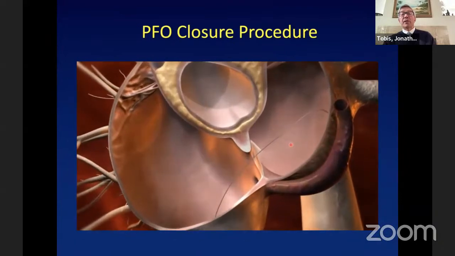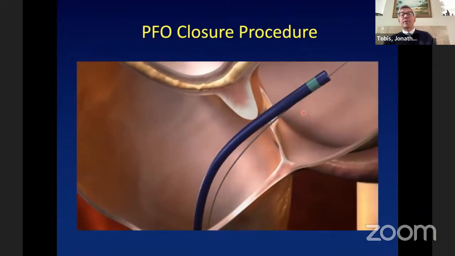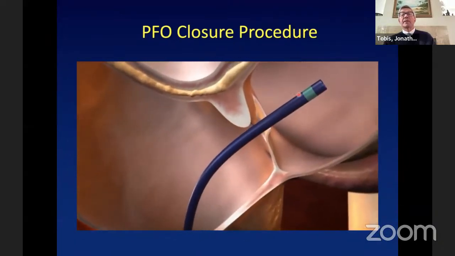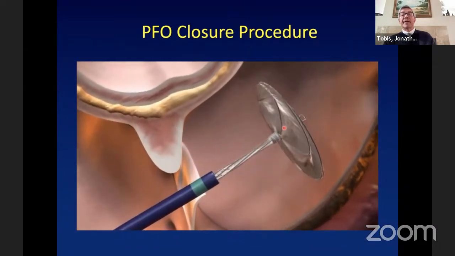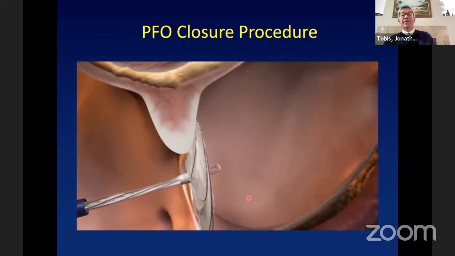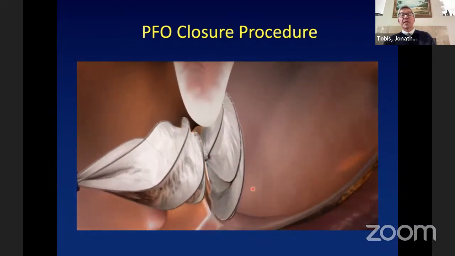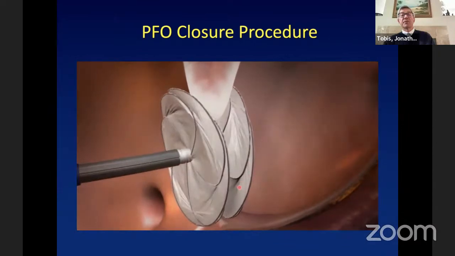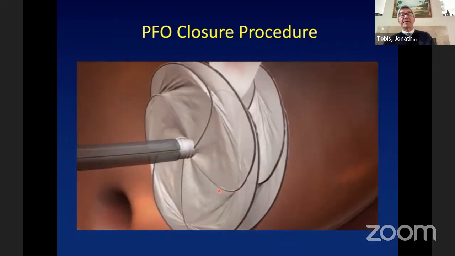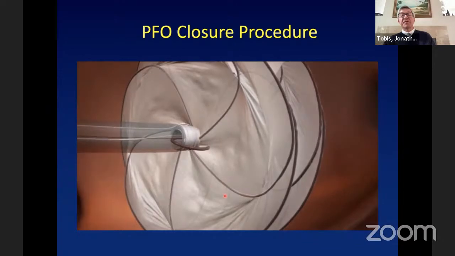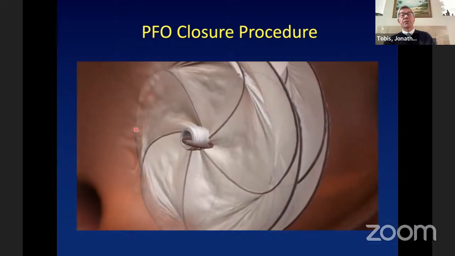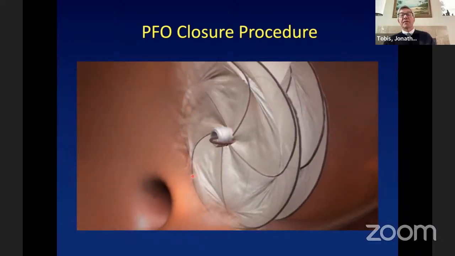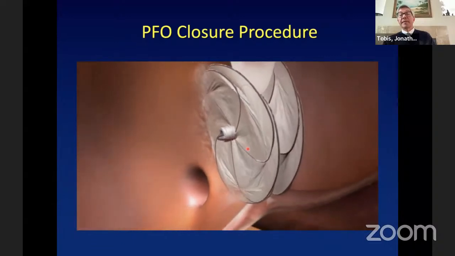So this is how we close a PFO. Here's the flap. It opens up just with a guide wire. There's the catheter. And then inside the catheter is this device, which is made out of nitinol wires that forms a spring that forms a disc on the left atrial side, a disc on the right atrial side. The white material is Teflon. It's Gore-Tex. This is the cardioform device. There's a little locking mechanism. And then scar tissue grows up over the next several months. This is a permanent implant.